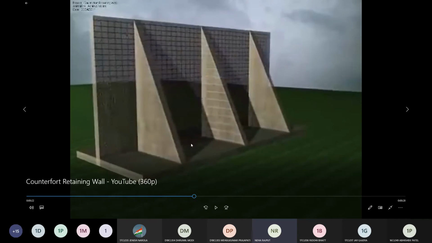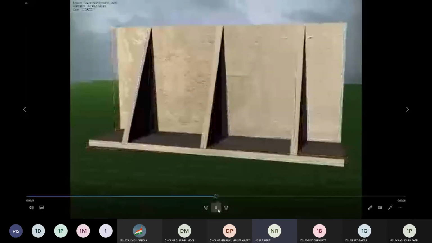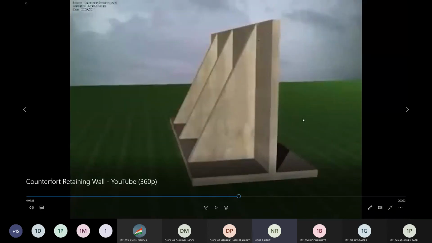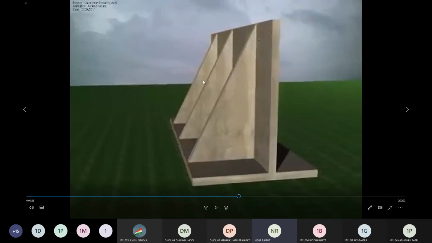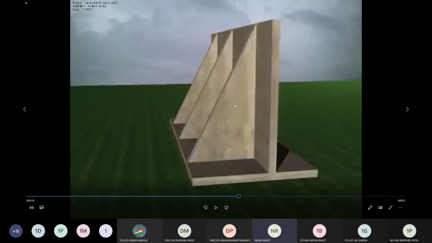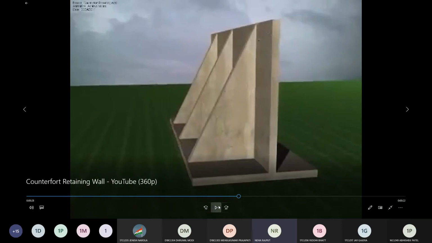और counterfold के member के बीच में that will be the soil. Like this. Now if this kind of arrangement is there, that means अगर right side पे backfill है और toe side पे अगर आप counterfold member रखते हो, then that will known as buttress retaining wall. Right, so if opposite to counterfold, if the counterfold member are placed at the toe side, then that will be known as buttress retaining wall. And if the counterfold member is provided at the heel side, then that is known as counterfold retaining wall.